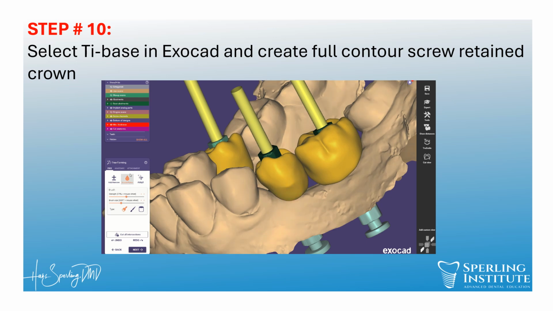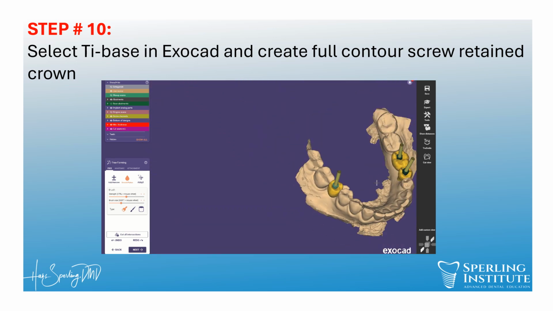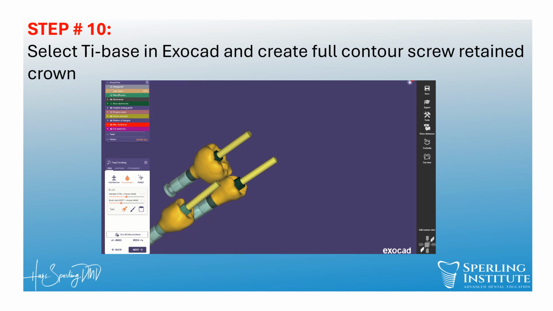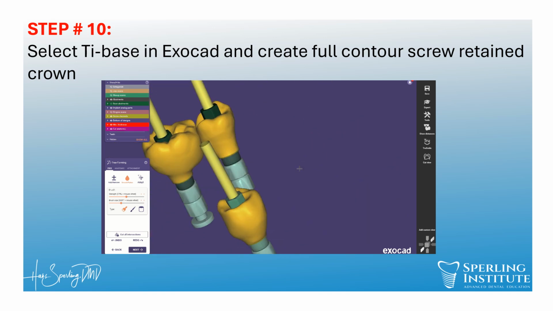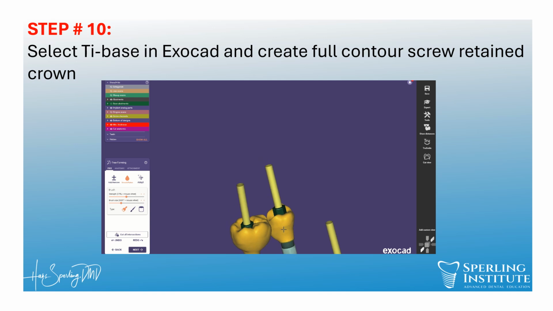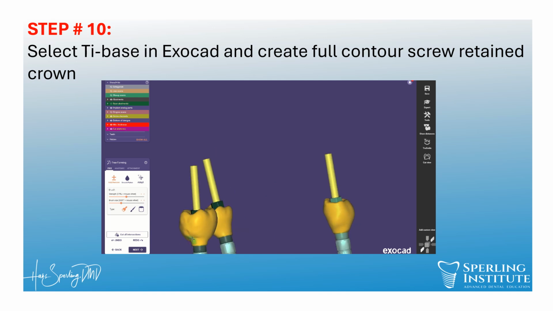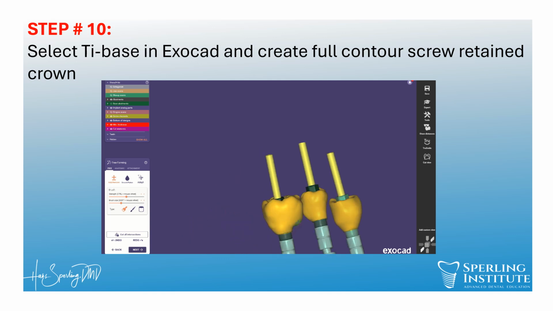This is the smoothing tool. And maybe a little bit too much here. We can use our smooth tool. We can also use our add tool. For example, this one. If we wanted a different emergence profile, we can choose a smaller gingival height to give us more of a transition here. If we don't want this to flare up that much, to kind of avoid that popsicle appearance,